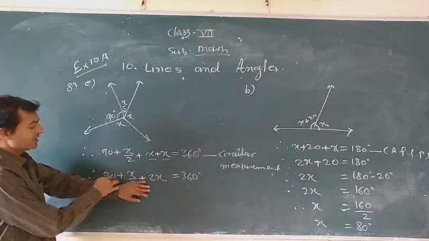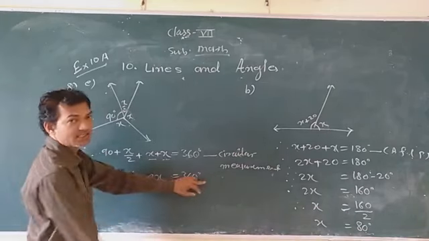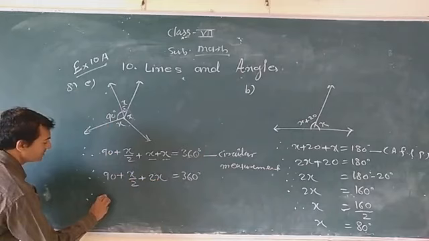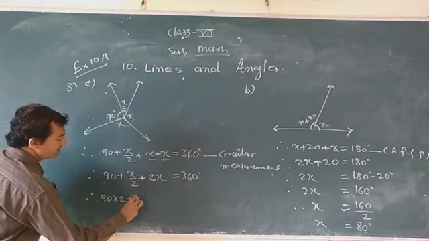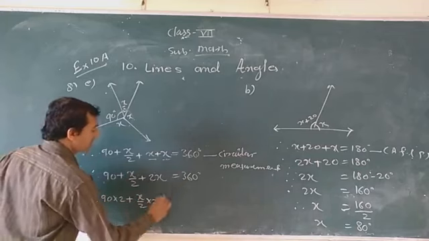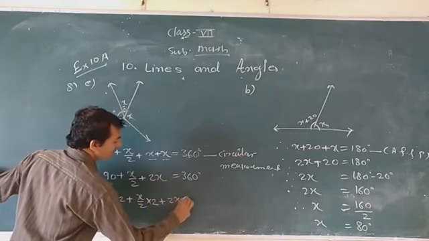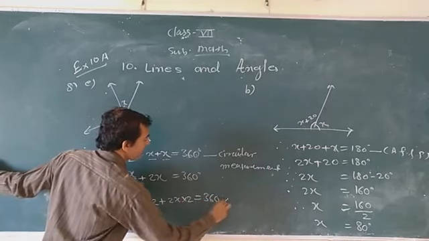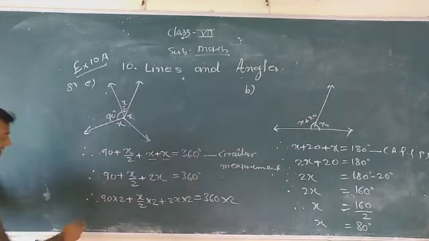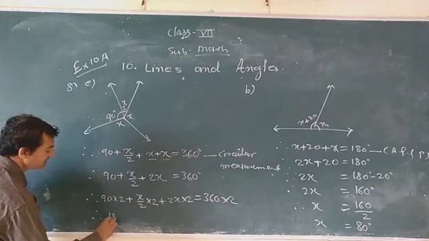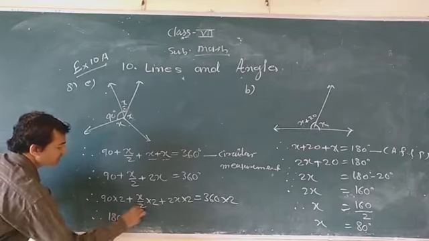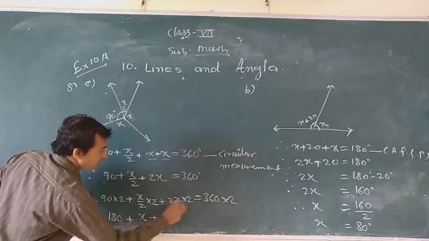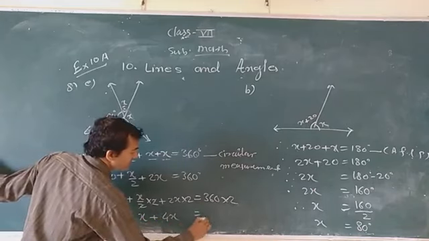90 into 2, x by 2 into 2, 2x into 2, equal to 360 into 2. सभी को 2 से इंटू करना है. तो मैं यहाँ लिखता हूँ 90 into 2 प्लस यहाँ पर भी x by 2 into 2, यहाँ पर भी 2x into 2 और इस साइड में भी होगा 360 into 2. ओके. यहाँ इंटू करने से 90 टू का 180 प्लस ये 2 कैंसिल हो जाएंगे. यहाँ रहेगा सिर्फ x, प्लस 2 टू का 4x और यहाँ होता है 360.